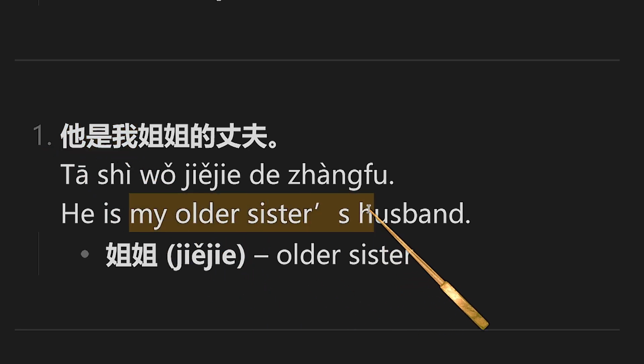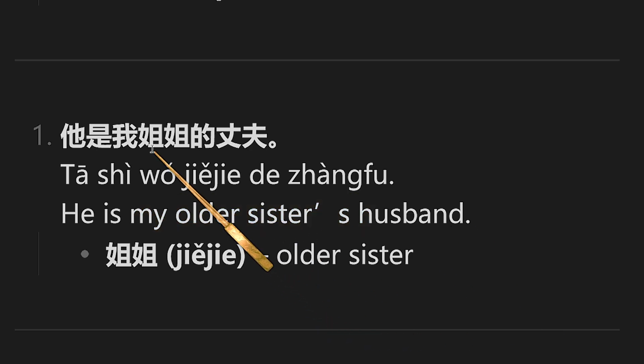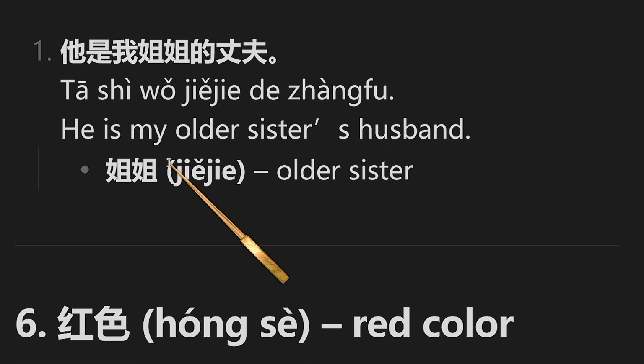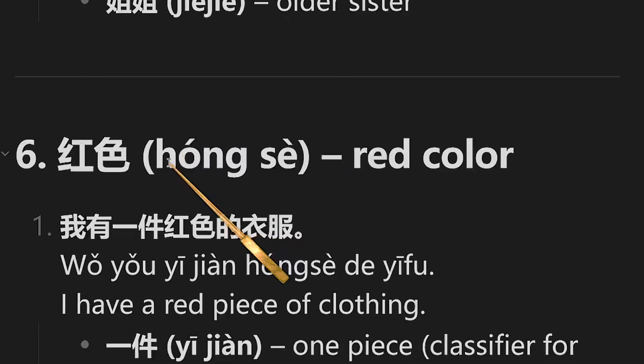Older sister's husband. So this 丈夫 belongs to whom? Here 的 represents belonging. Belongs to 姐姐. Because if we switch to 丈夫的姐姐, it will be husband's sister. But it's sister's husband. 他是我姐姐的丈夫。